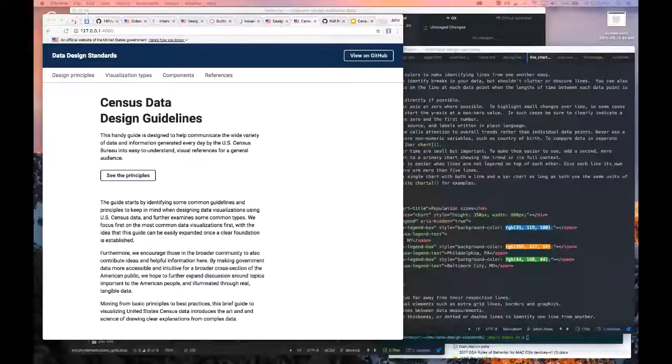Cool. So we heard a lot so far about all the different kinds of investigations that we did, and trying to gather all of this guidance and really distill it down into something that's short and digestible and understandable by different groups of people. Ryan showed a little bit about the brand investigation, and trying to understand how we want to apply the Census brand guidelines to this kind of work. Where do we draw the line between the sort of guidance that goes into the charts themselves and the site